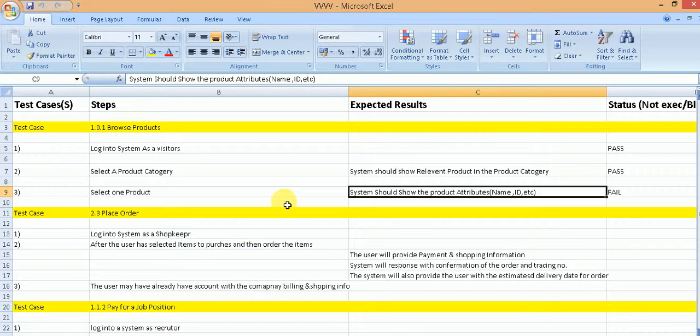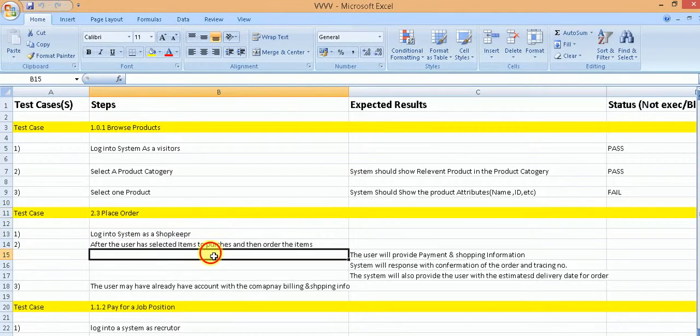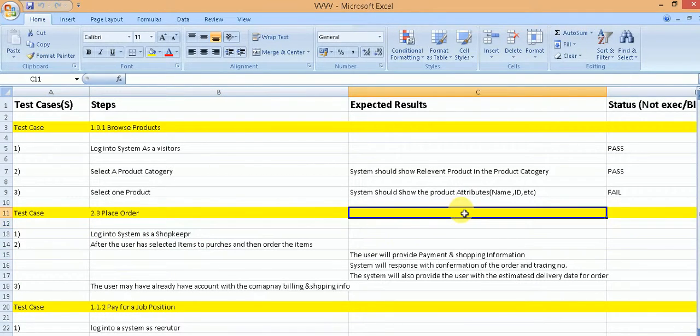Okay, now the test case, as we have seen, is the documented steps and expected results. When we are planning a test run, meaning that a new build of the system is available and the testing needs to happen, it is possible that you take all of the test cases and execute them, or you plan to execute only certain test cases.